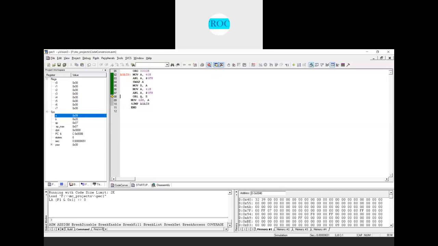Next I'll perform an OR operation, ORL A, B. When I perform it, you get 29, because B is having 20 and A is having 09. That content I will move into memory location 42H. As of now, 42H does not have any content; it is 00.